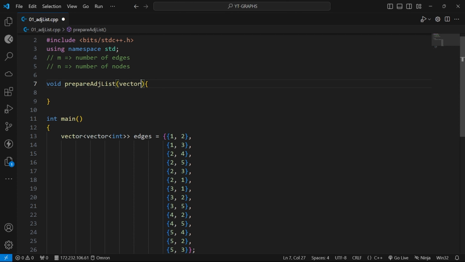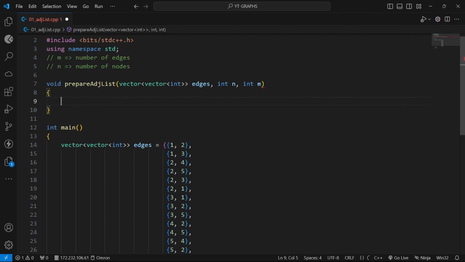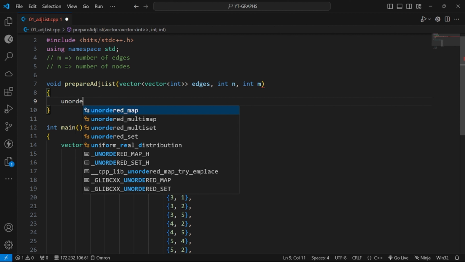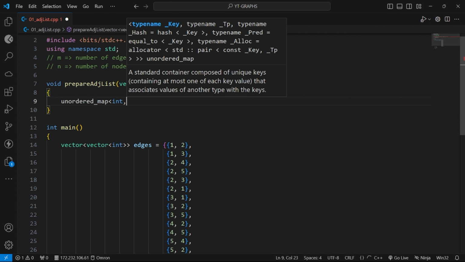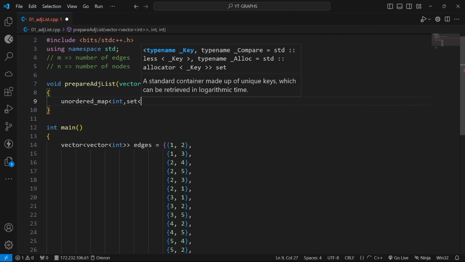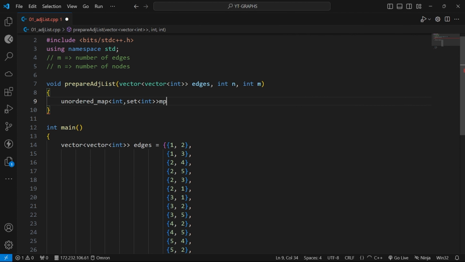It will accept edges of type vector of vector of int, then the number of nodes and the number of edges. After this we create one data structure. You can even use a list or a set; both will be fine.